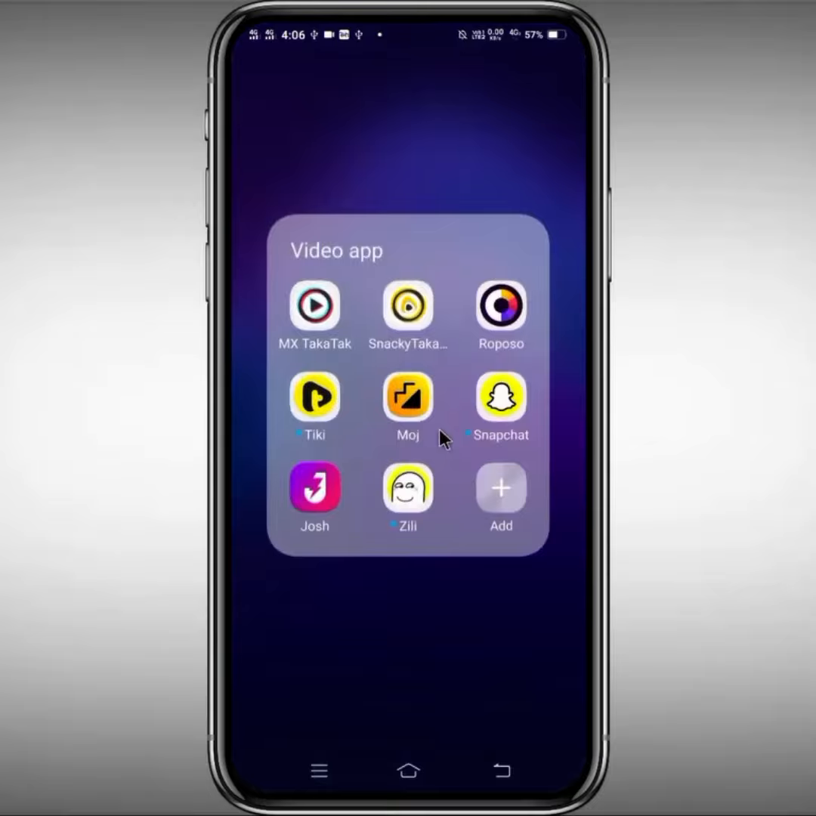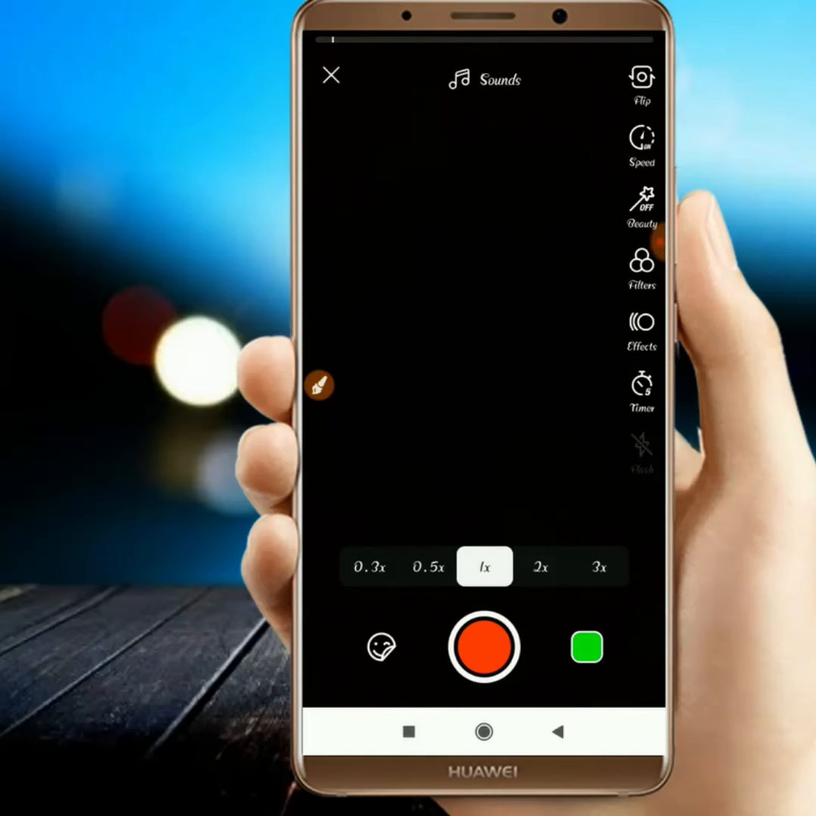Click on Moj App. If you have more than 1,000 followers, then you will have a live button next to